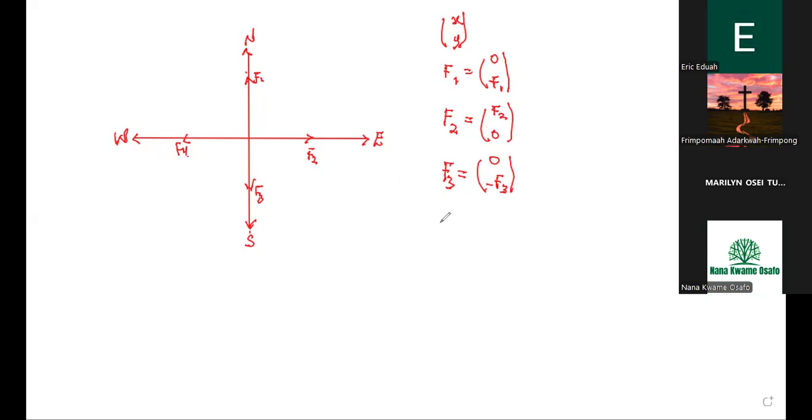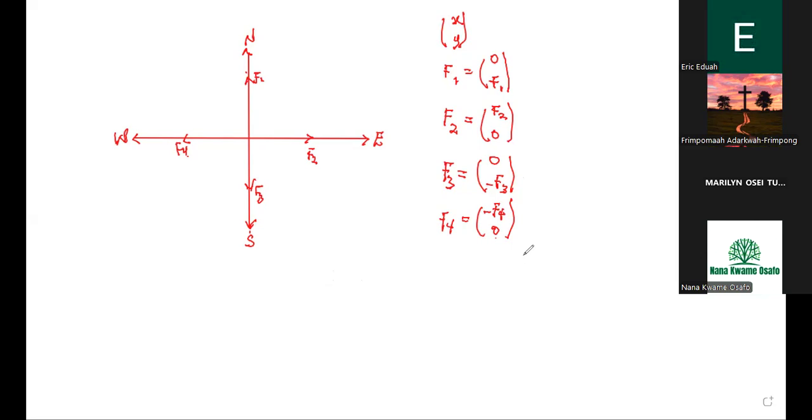Then F4, on the other hand, would have a horizontal component, which is negative F4, because it's along the negative x-axis, and 0 vertical. Okay, so these are the resolution of forces into components when they happen to lie on the x, y axis